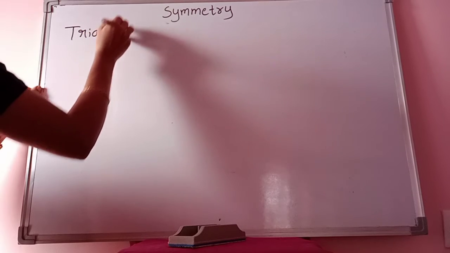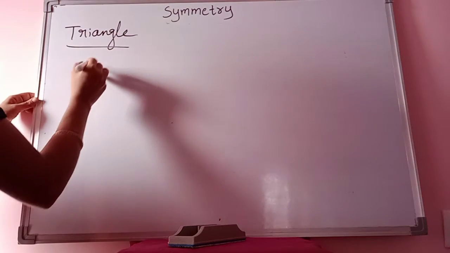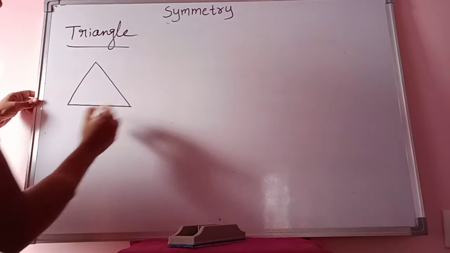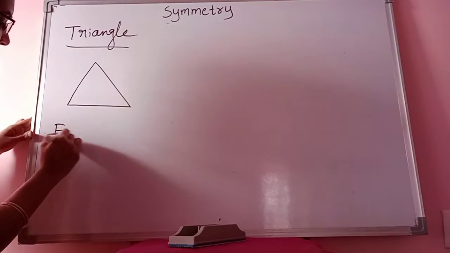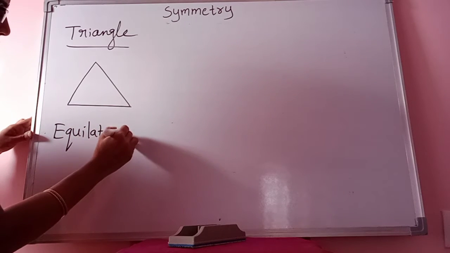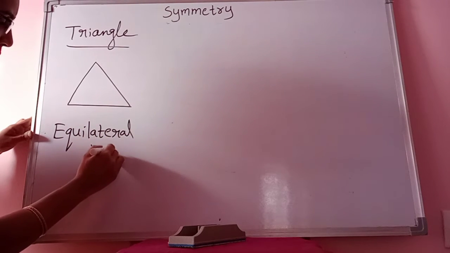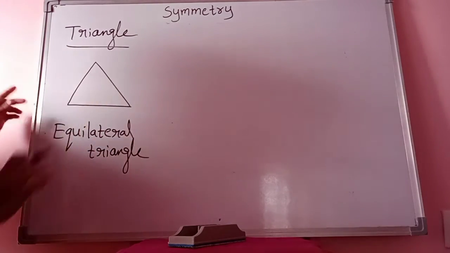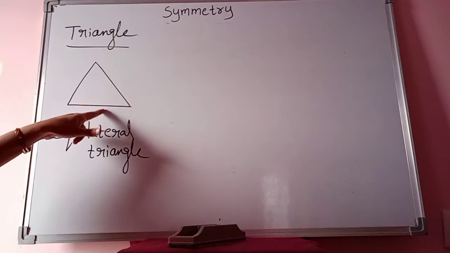Triangle, three types are there, children. One is equilateral triangle. Equilateral triangle is nothing but all the three sides are equal. In case of equilateral triangle, if all the three sides are equal, then we say the triangle is